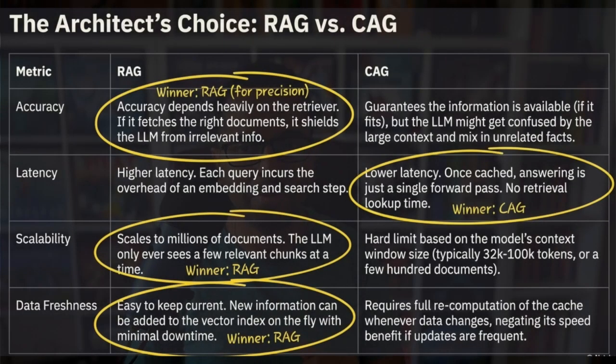So I think there are certain cases where you will try to use CAG or RAG. So I thought of basically figuring out some use cases for you. But before that, if you are an architect and you have to choose between RAG and CAG, what are your choices? And if I have the matrix of accuracy here, your RAG is probably the winner, because there is retrieval happening, of course, given that I have done my retrieval strategy right, there are millions and millions of information that I can query, right?